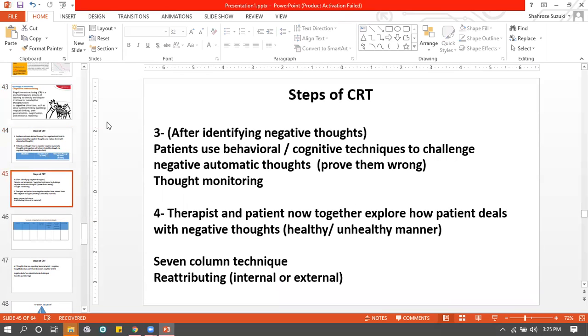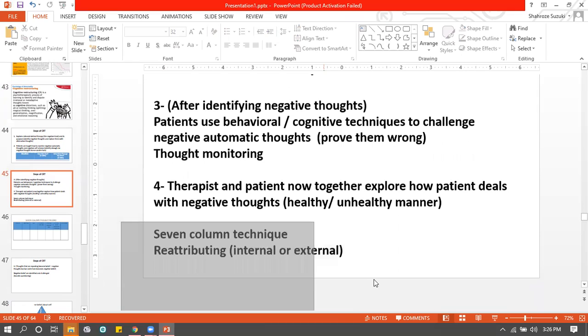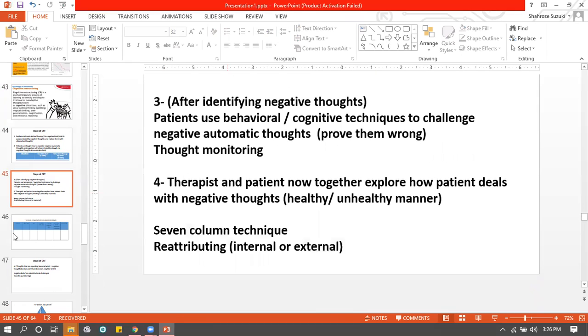Second, once the person identifies the negative thoughts, you then prove those negative thoughts wrong. Before changing a negative thought, you have to first see whether it's true or false, right? You cannot dismiss a thought just because it's negative. You need to know whether it's true or false. So you evaluate whether the negative thought is true or false. And if it's false, you replace it with some other thought that is not negative, that is much healthier. One of the techniques we use is the seven column technique. You don't have to know this. You don't have to know the steps, but generally,